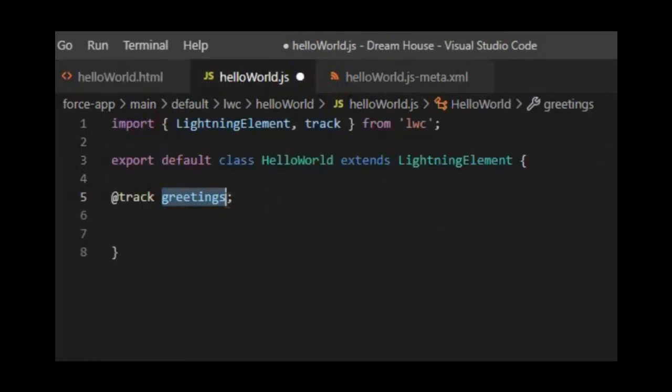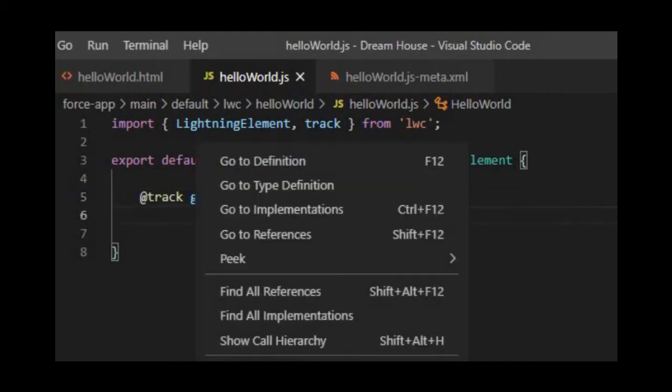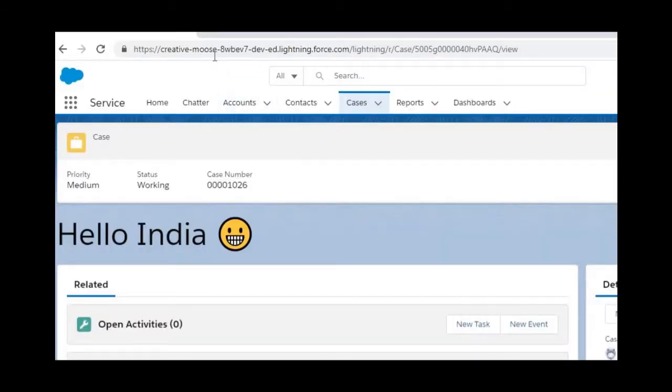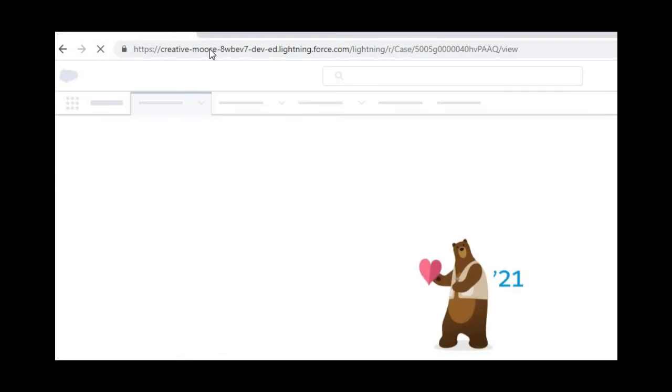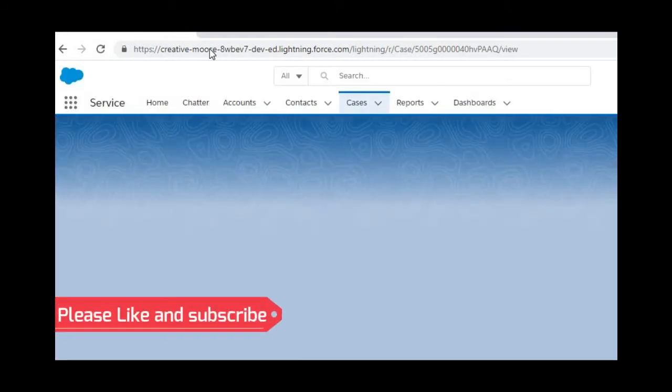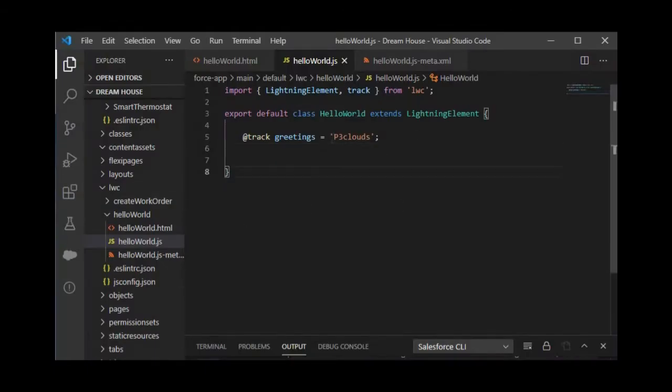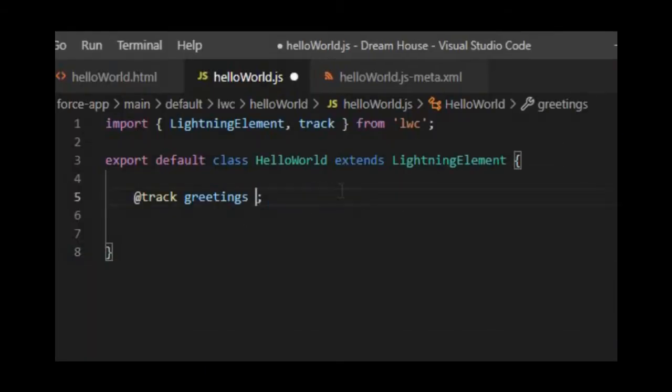So for example, let's assign one value. I'll write greetings equals, and inside the quotes I'll write hello p3 clouds, and I'll save it. If I push these changes to Salesforce, and now if I refresh it, you will see that the variable value will show up here. So for now I'll remove it and